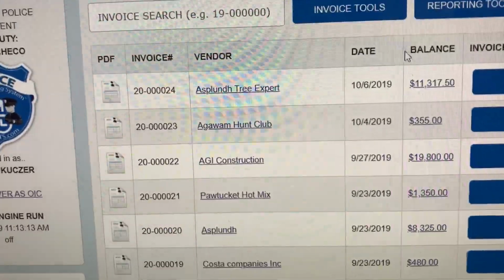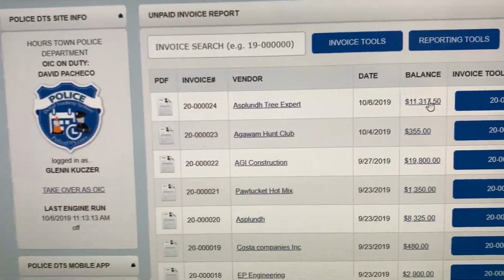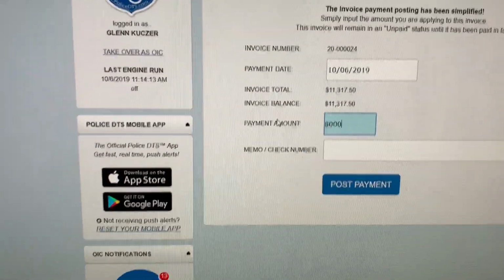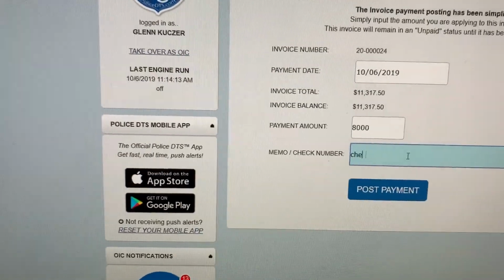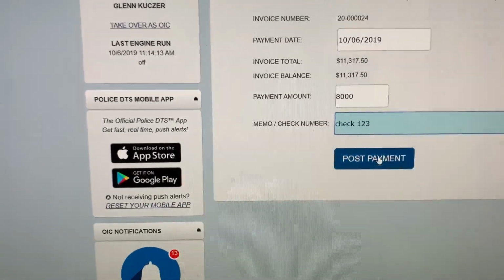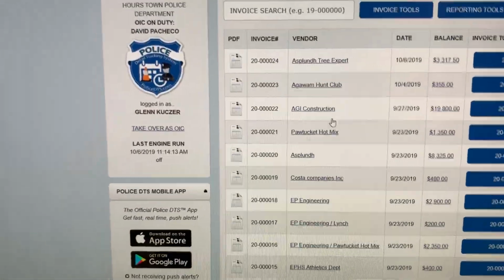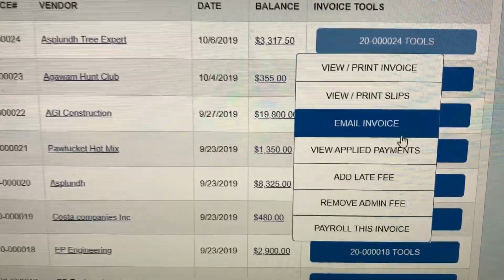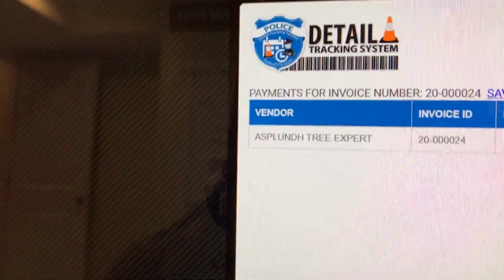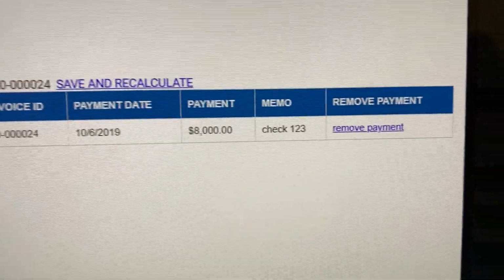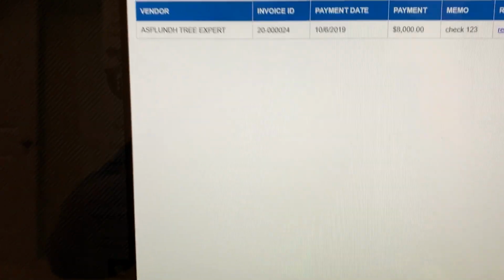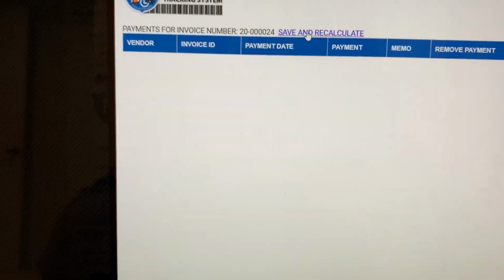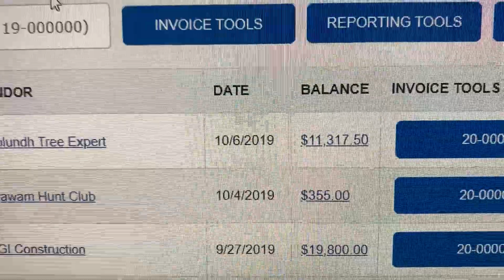Okay, I can choose a payment. I want to apply a payment. I just received a check. I'm applying a payment of $8,000. Okay, check number 123. Okay, now this was invoice number 24. We can see now we have a balance. We want to look at our view applied payments. Okay, and there's where we had an applied payment of $8,000. So that is where it got applied. We have a balance. We can remove the payment. We can then save and recalculate it. We are back to square one now,